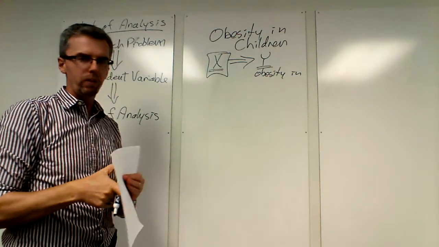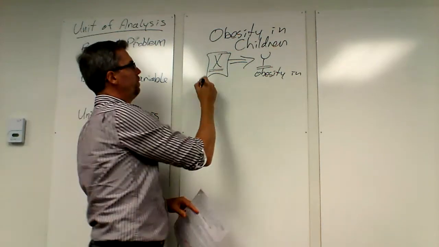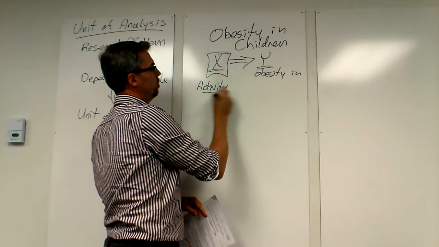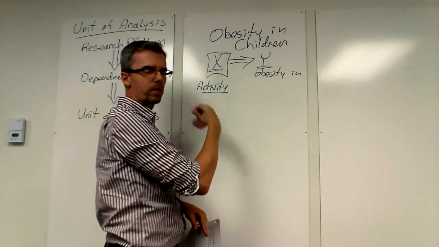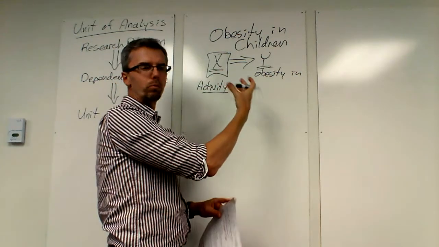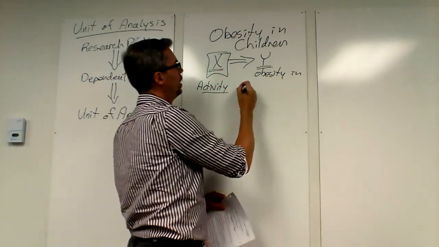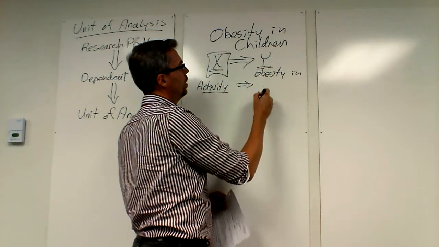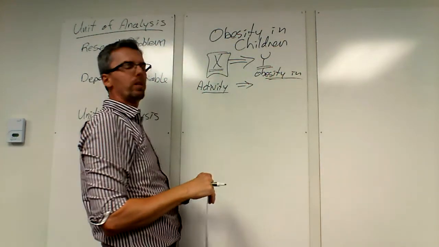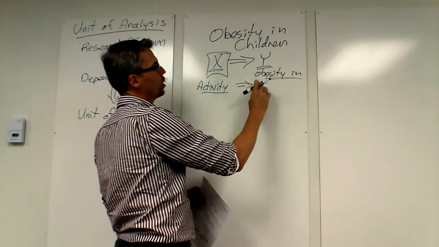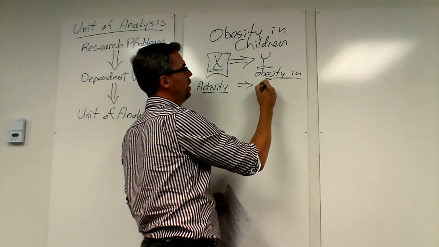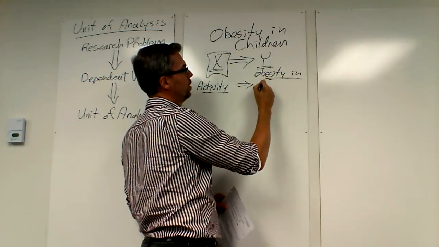Your independent variable of interest, if it's the activity level, the specific activity or the rate of activity or the hours of recess in a school program, then your dependent variable that you're going to look at still can be considered the rate of obesity in children, but your actual unit of analysis can be the hours